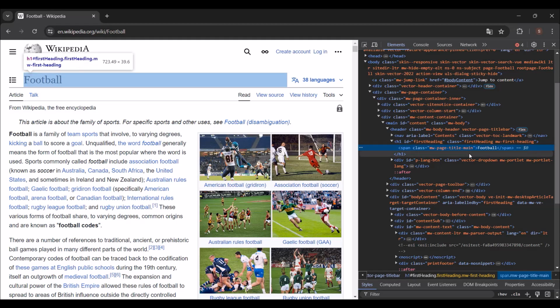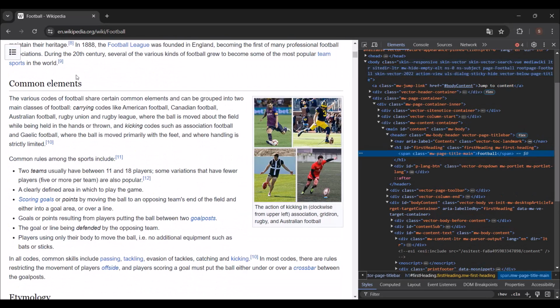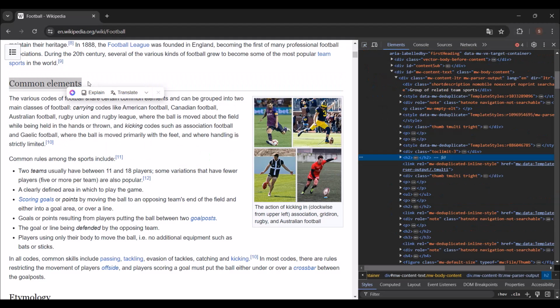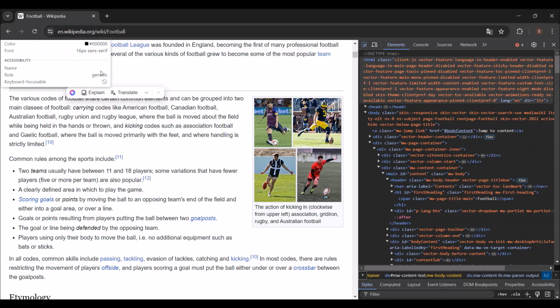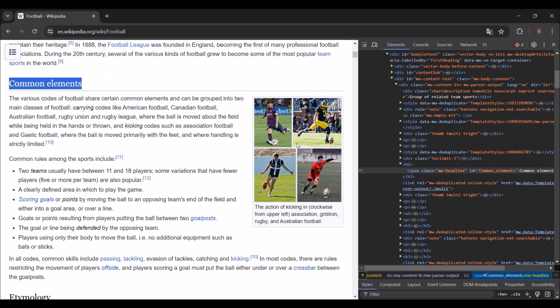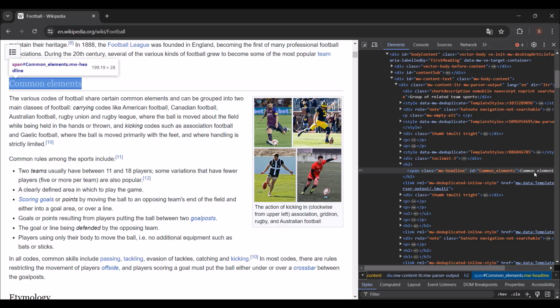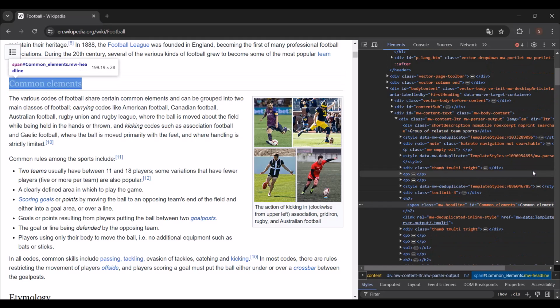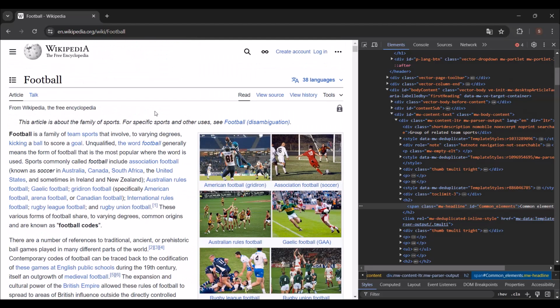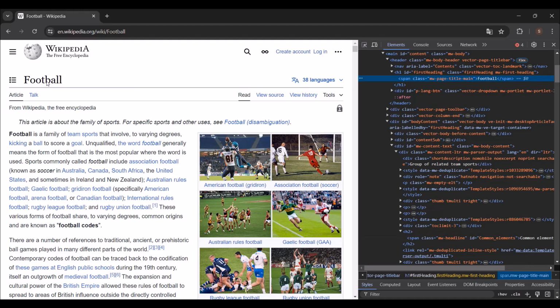I'm gonna cover all of those in future videos later in the course. And if I go down here, let's say that I click on this element, let me click on this again. Let me click here. I'm gonna click here, and here you have an H2 element. As you can see, it's called common elements. Let's click again on the H1. So let's click on this button, H1.